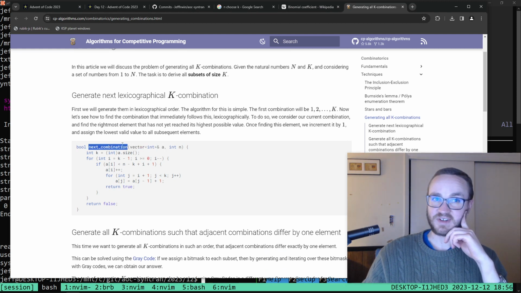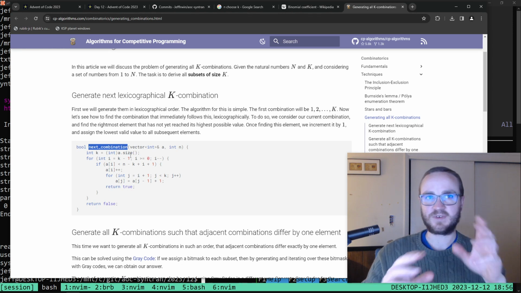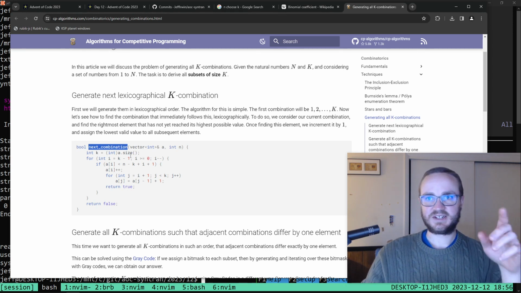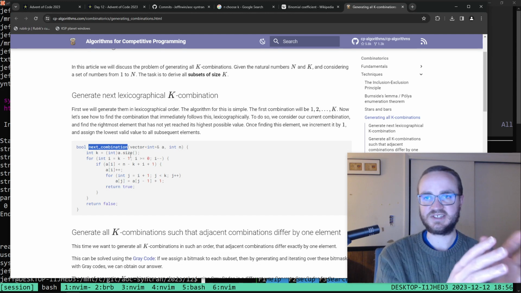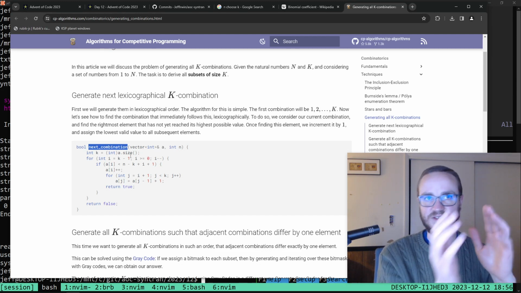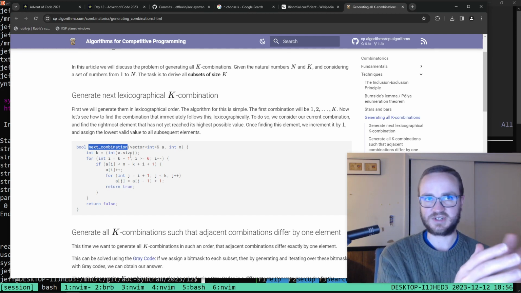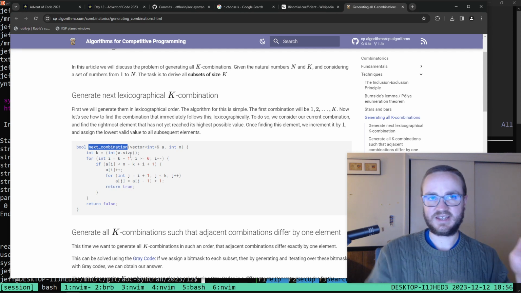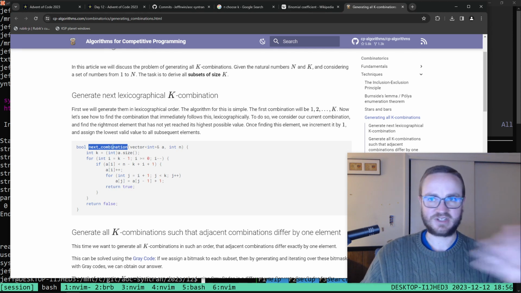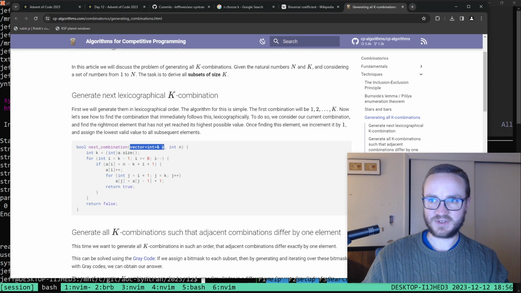I could make a function that does this. I could start out with my first combination, which is a bunch of hashes as far to the left as possible in the question marks. And then I could pass that to a function which returns the next combination. But I've learned my lesson that Fortran is very prone to memory leaks, and I believe that happens